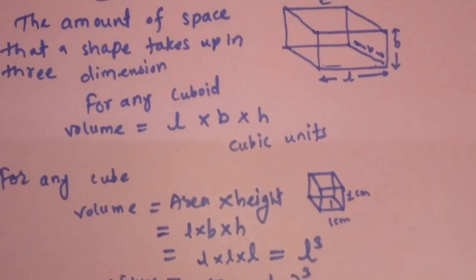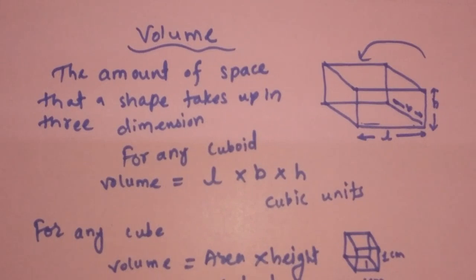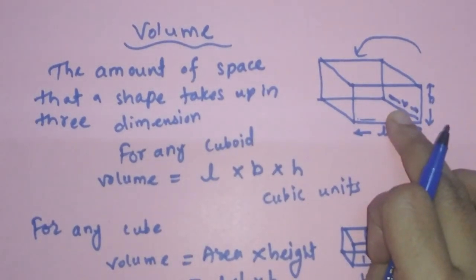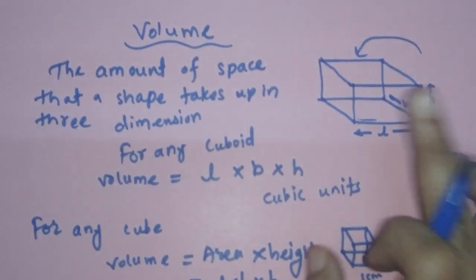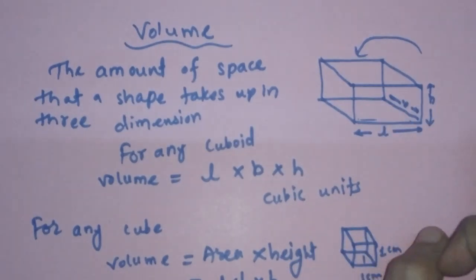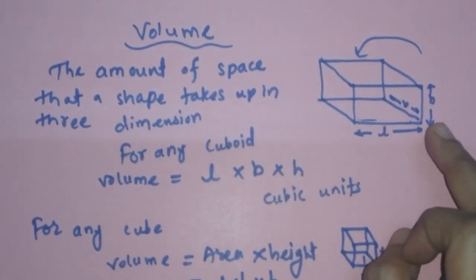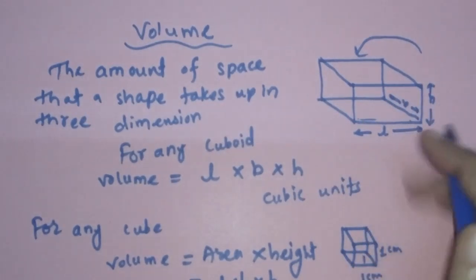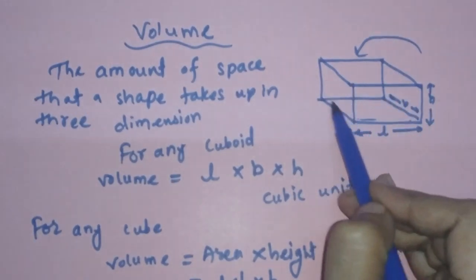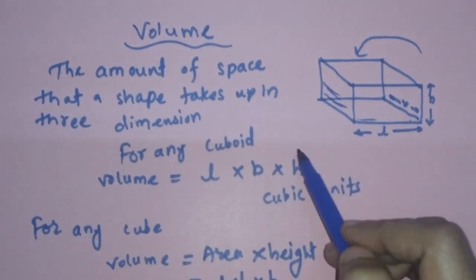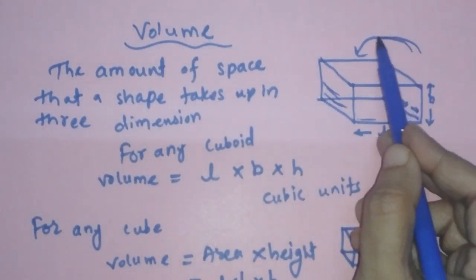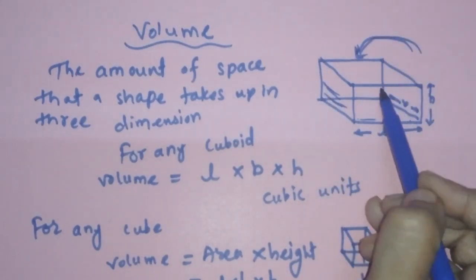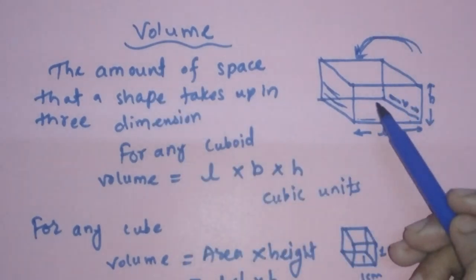So friends, what is volume? Volume is nothing but the amount of space that a container takes up. And when we speak about surface area, it means the space covered by that solid shape. Suppose I say to paint this wall, you need surface area, but if you have to fill water in it or keep any boxes in it, then you have to find the volume.